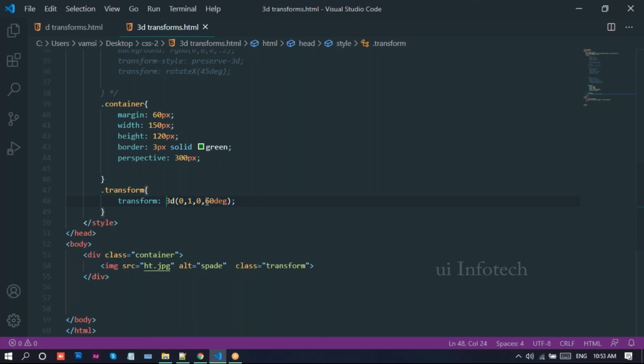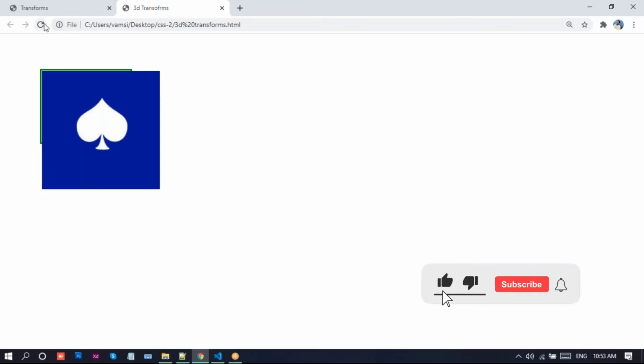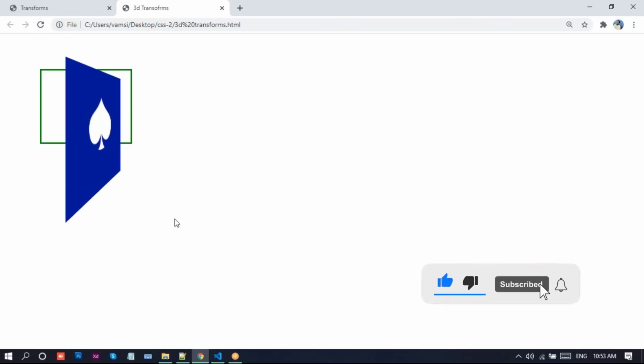Yeah, I'm really sorry. So here we discussed this rotate, right? Rotate3d. Let me go to this browser once. Just reload this page. Look at this one.